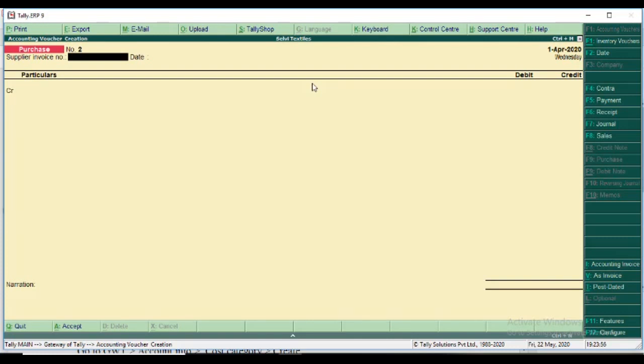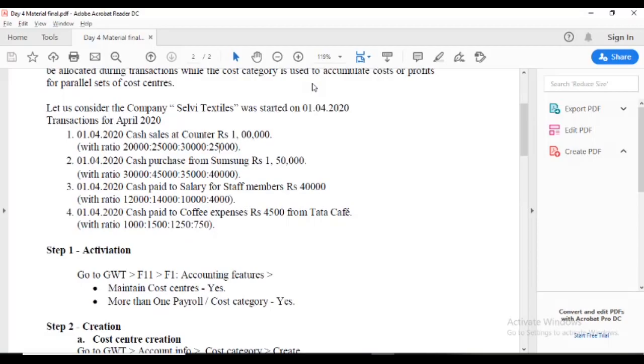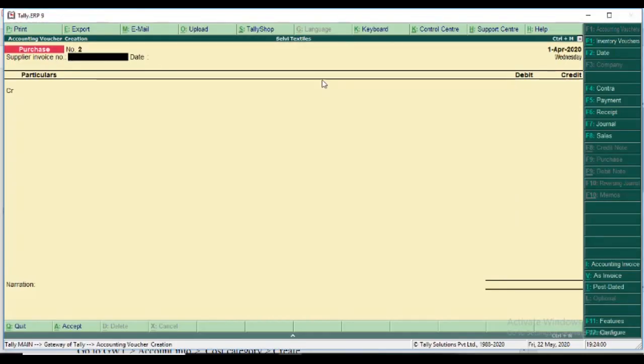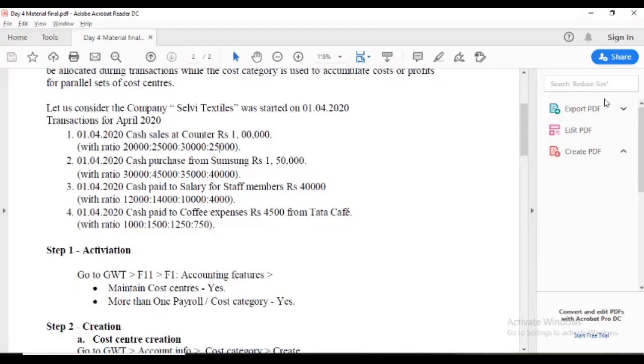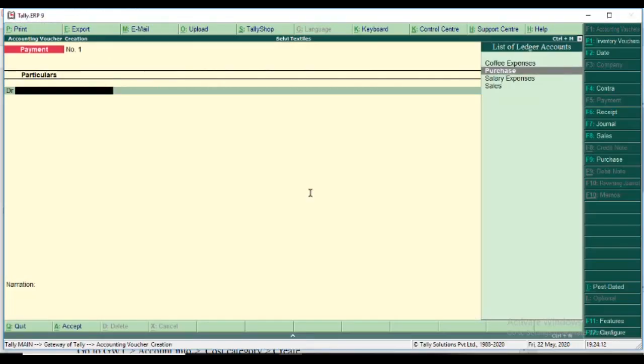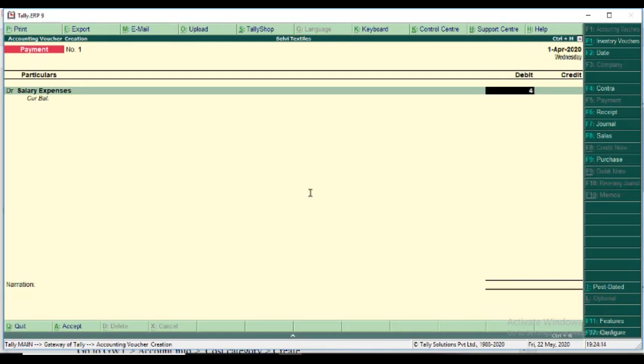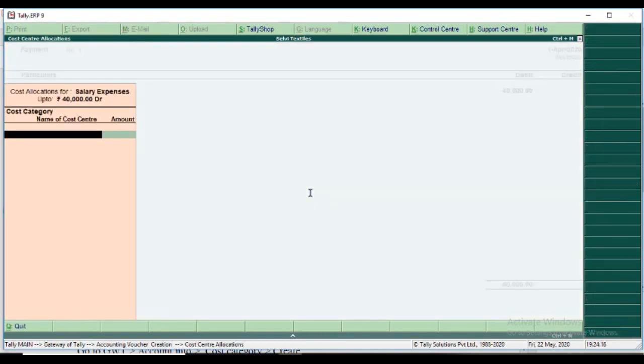The third and fourth are payment vouchers. So I select F5 payment. The expense is salary, amount is 40,000. Salary expenses 40,000. It asks the cost category name. Yes, I have the cost category branches.